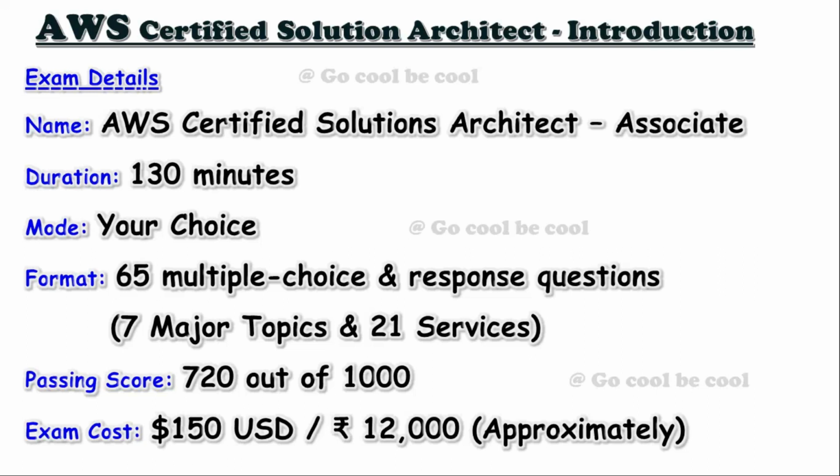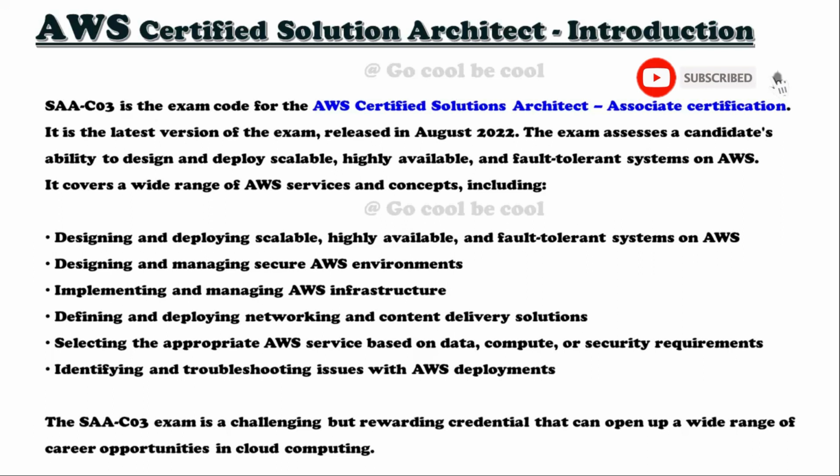The exam format is 65 multiple choice and multiple response questions. 7 major topics and 21 services. They are going to ask questions from these only. We are going to see them one by one. The passing score is 720 out of 1000, so you need to get a minimum of 720. The exam cost is 150 USD, and for Indian currency approximately 12,000 rupees, as of today. It may change based on the demand for this course, as well as future technology upgradations. So let's see what all the things we are supposed to go for, and before going to that we need to understand